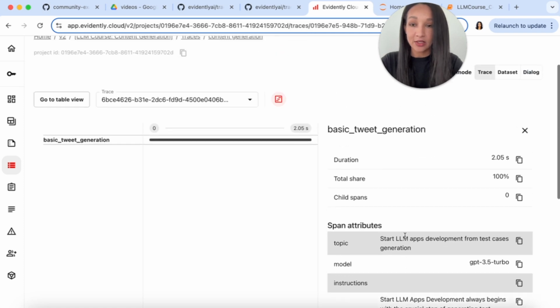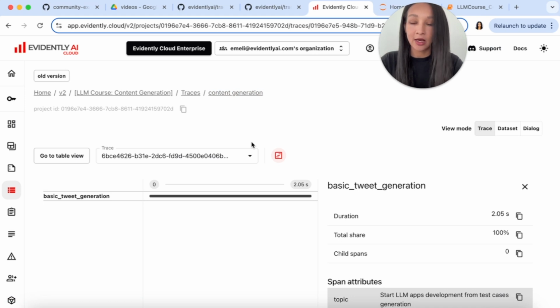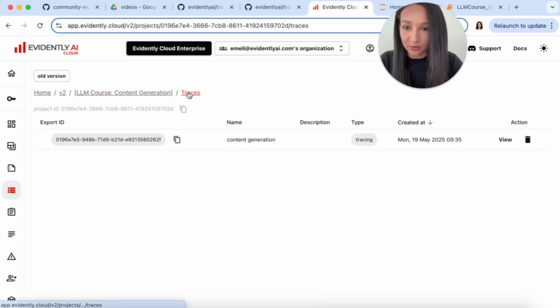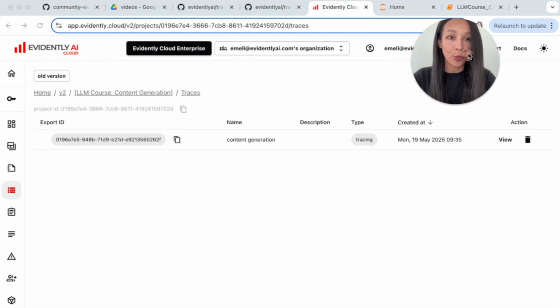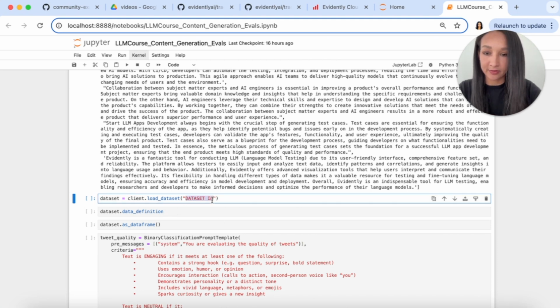Here it is. So, okay, actually we are here for a pretty important reason, because we need to access the ID of our dataset. Let me go to traces, and here is my export ID. Let me copy it from here, and I'm gonna go back to the code. In order to load this tracing from Evidently Cloud, I would need to specify this ID here. And that's actually pretty convenient, especially if you work in a team and one engineer is responsible for tracing and the other engineer or data scientist or product manager is responsible for doing some analysis. In my case, it all goes down to myself, so I just copy the dataset ID and load data back